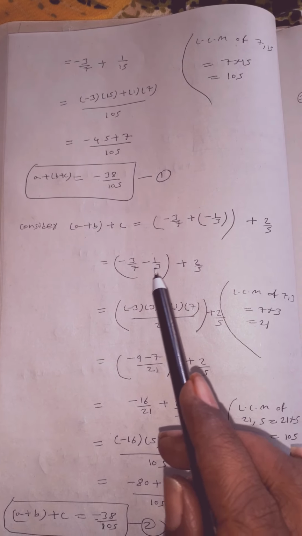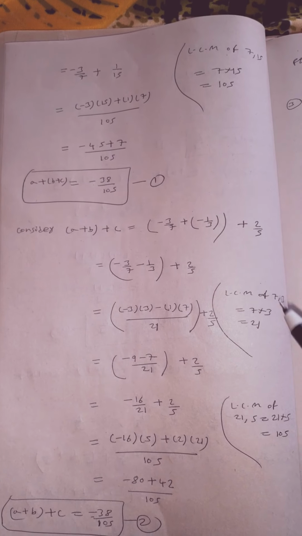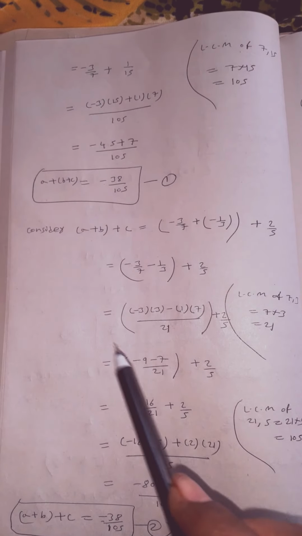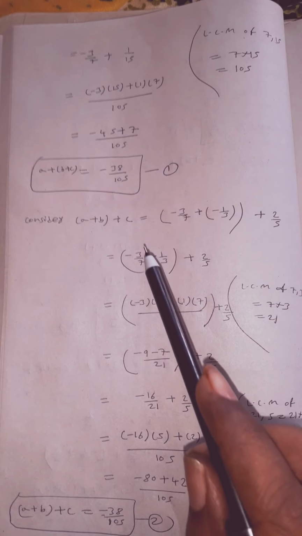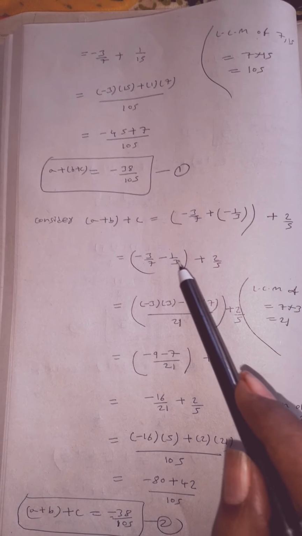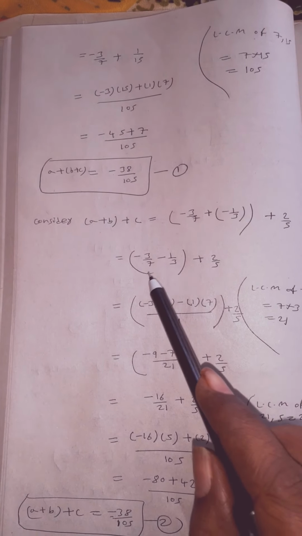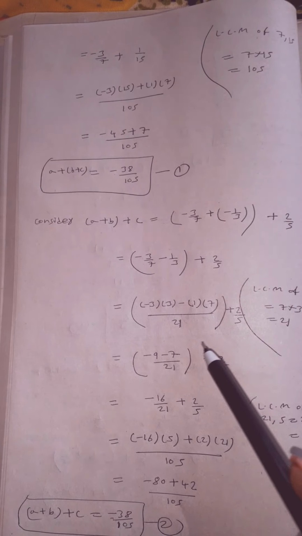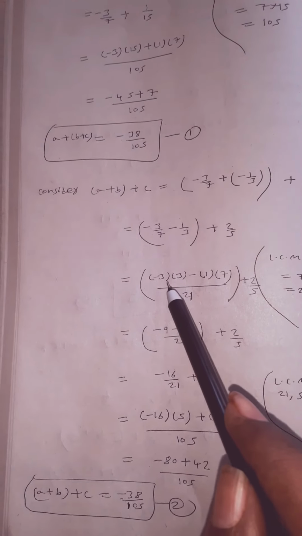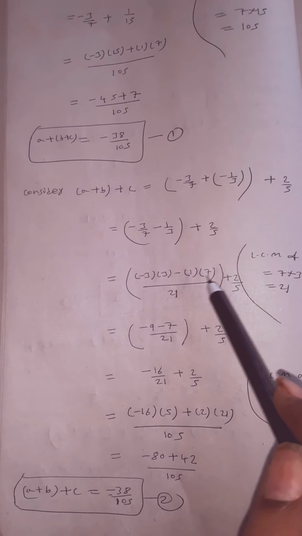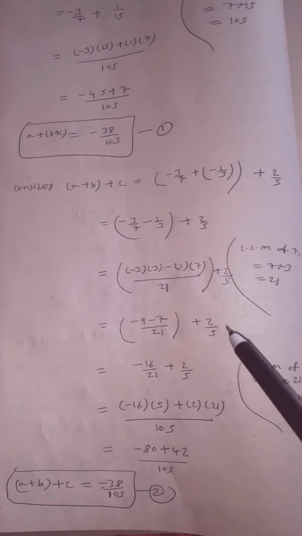So here also 7 comma 3 LCM. 7 and 3 not goes in same table, just you can multiply. 7 into 3 is how much? 21. Write 21 as it is. So write minus 3 as it is. So multiply this 3 here, minus write this one as it is, multiply this 7 here by 21 plus 2 by 5. So minus 3 into 3 is how much? 3 3 is 9, means minus 9, minus 1 7 the 7 by 21 plus 2 by 5.